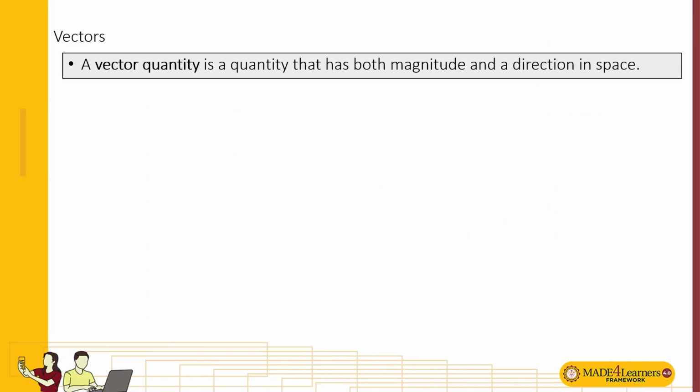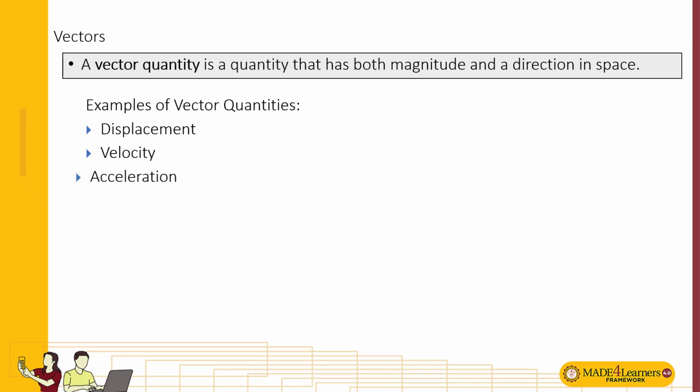And then vector quantities already have both magnitude and direction in space. So here are some examples. For length, if you put a direction to it, let's say north or east or west or south, then you can call it the displacement. For velocity also, if you don't put a direction, it's called just the magnitude of velocity, or what we call a speed. It tells us how fast the object is moving. But if we put a direction, it's already a vector quantity. So here are more examples.